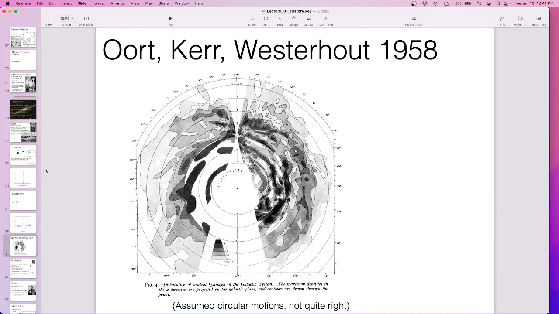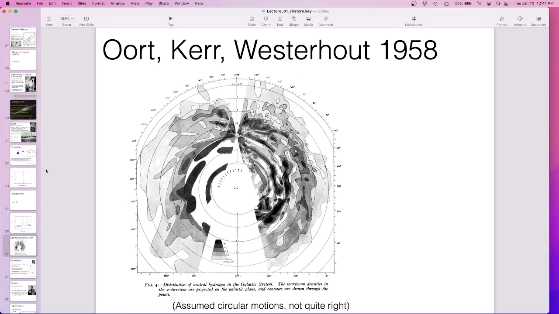And then we get this. And this is one of the greatest things. Looks like a splat. It looks like you poured milk on the floor. But it's a picture of the three-dimensional structure of the galaxy. This is one of the first 3D images of the galaxy that we have.